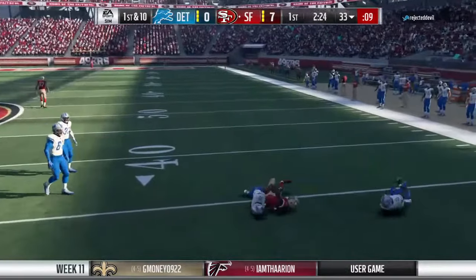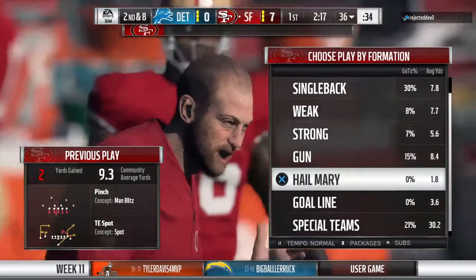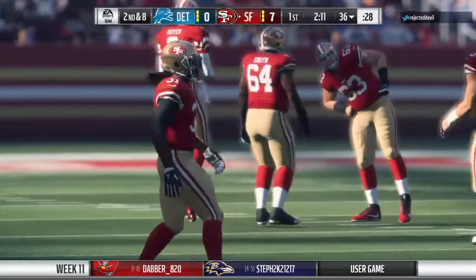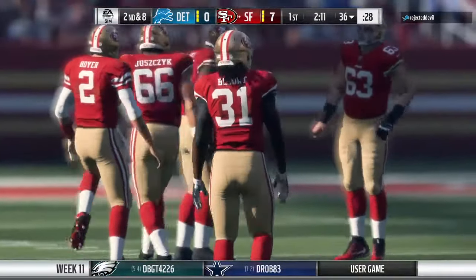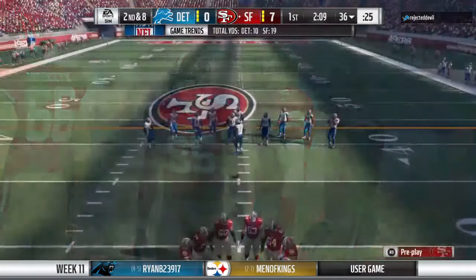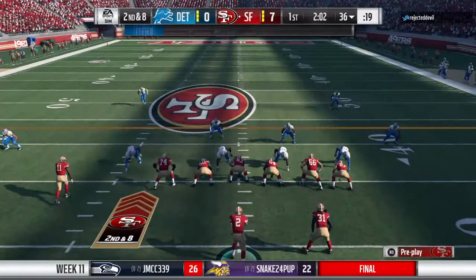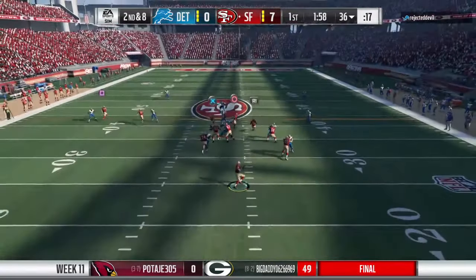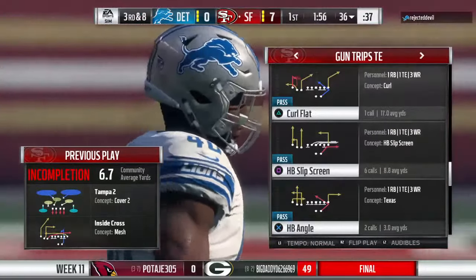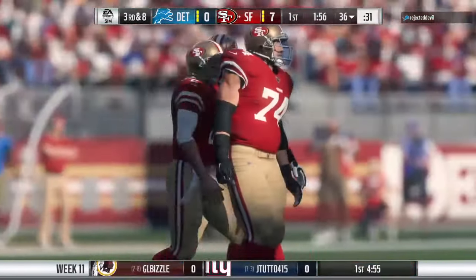Going underneath to Blunt. It'll be a 2-yard gain, and it'll be a 2nd down. Let's see what the offense comes with here. 2nd and 8. Incomplete. When you see passes knocked down by those guys I call the frustrated fullbacks, the linebackers, you know that